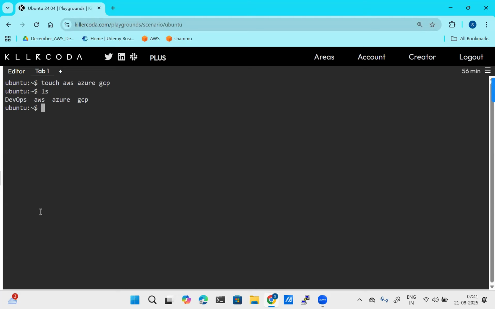Next. Let's say I want to create a series of files. How are you going to create them? Series, in the sense, I want to create like this: TCS1, TCS2, TCS3. So this is a series, right? TCS4, TCS5. I can give 5 names like TCS1 space TCS2 space 3 space 4 space 5 space. We can give it like that.